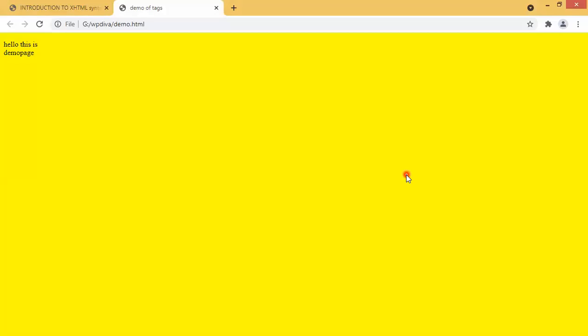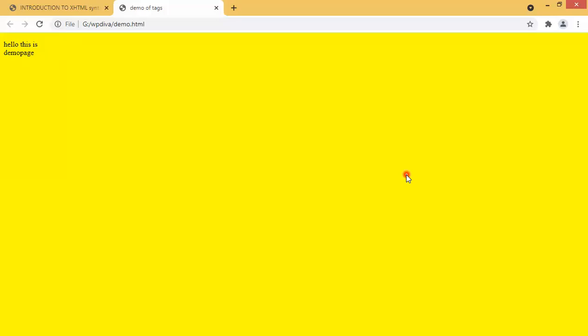Now what I will do, you see HTML is there and I will remove these double quotes. I will save the file and let me see whether it will execute again. So I just went here and refreshed the file. You can still see that the yellow color is appearing on the screen. Are you getting that? Suppose I enter double quotes, it is coming. If I forget to enter double quotes, it is also coming. So this is one of the drawbacks of HTML.